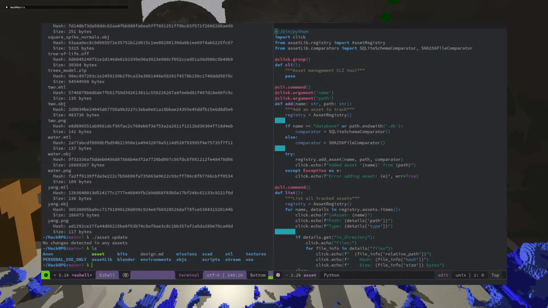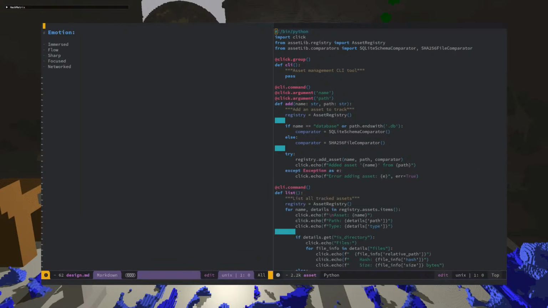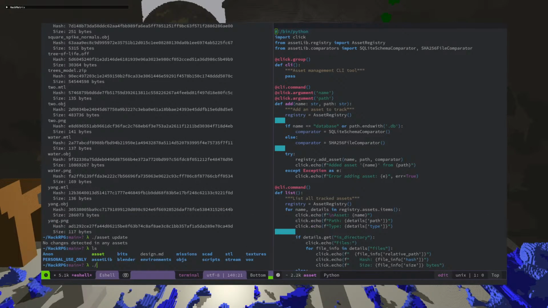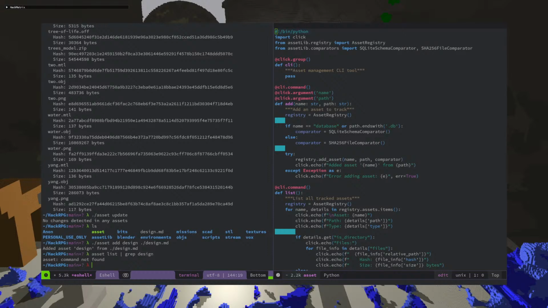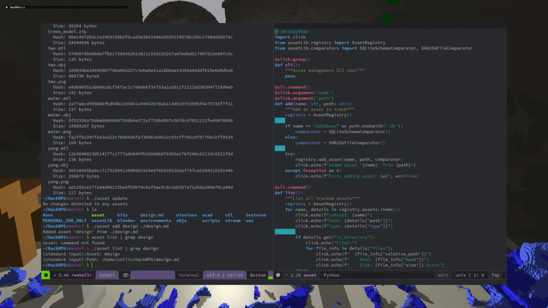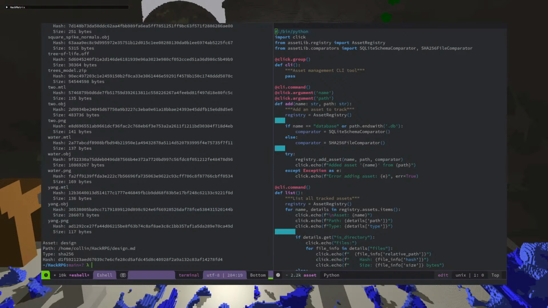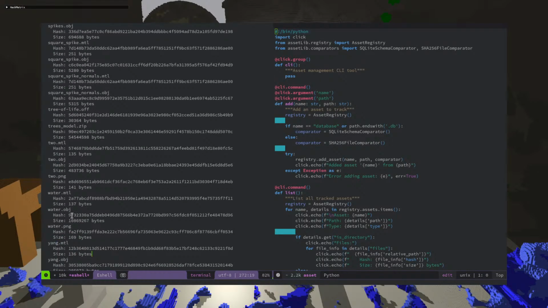So I can say asset add design design.md, and then I can say asset list grep design. Okay, yeah, it's a completely separate asset.